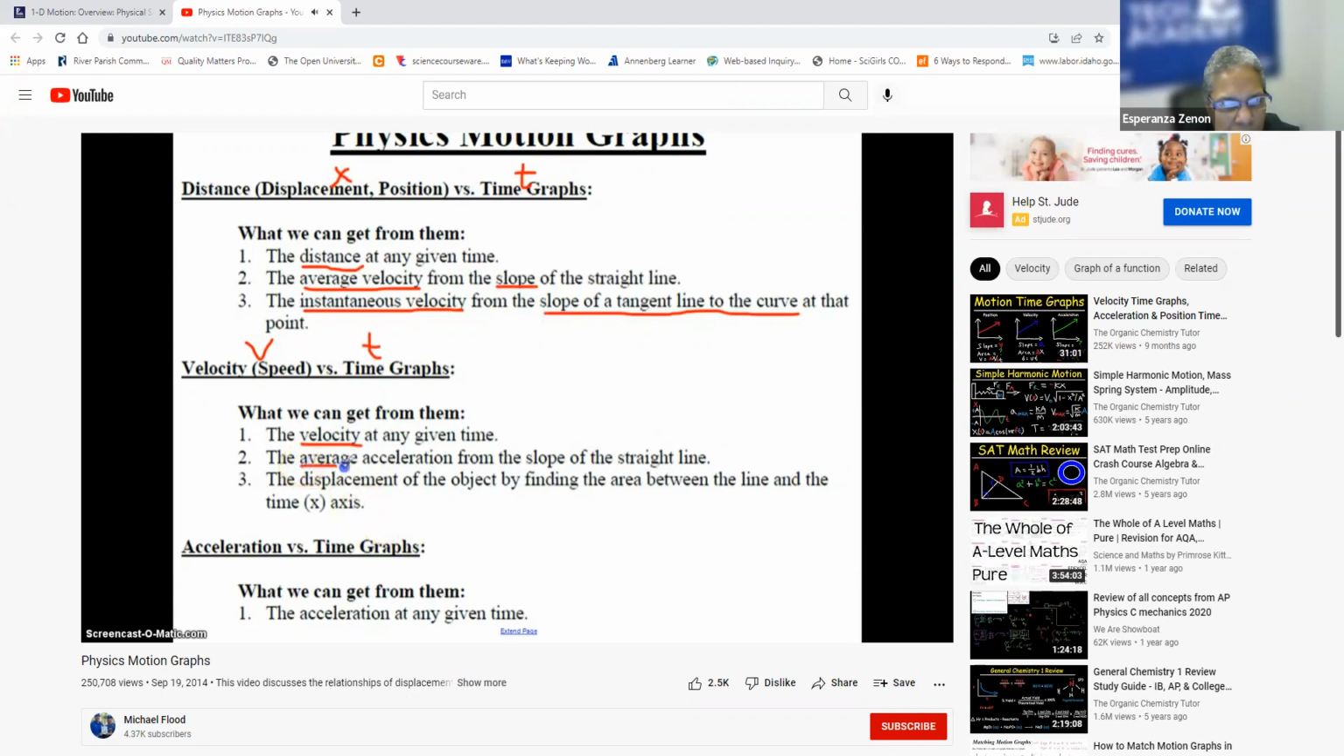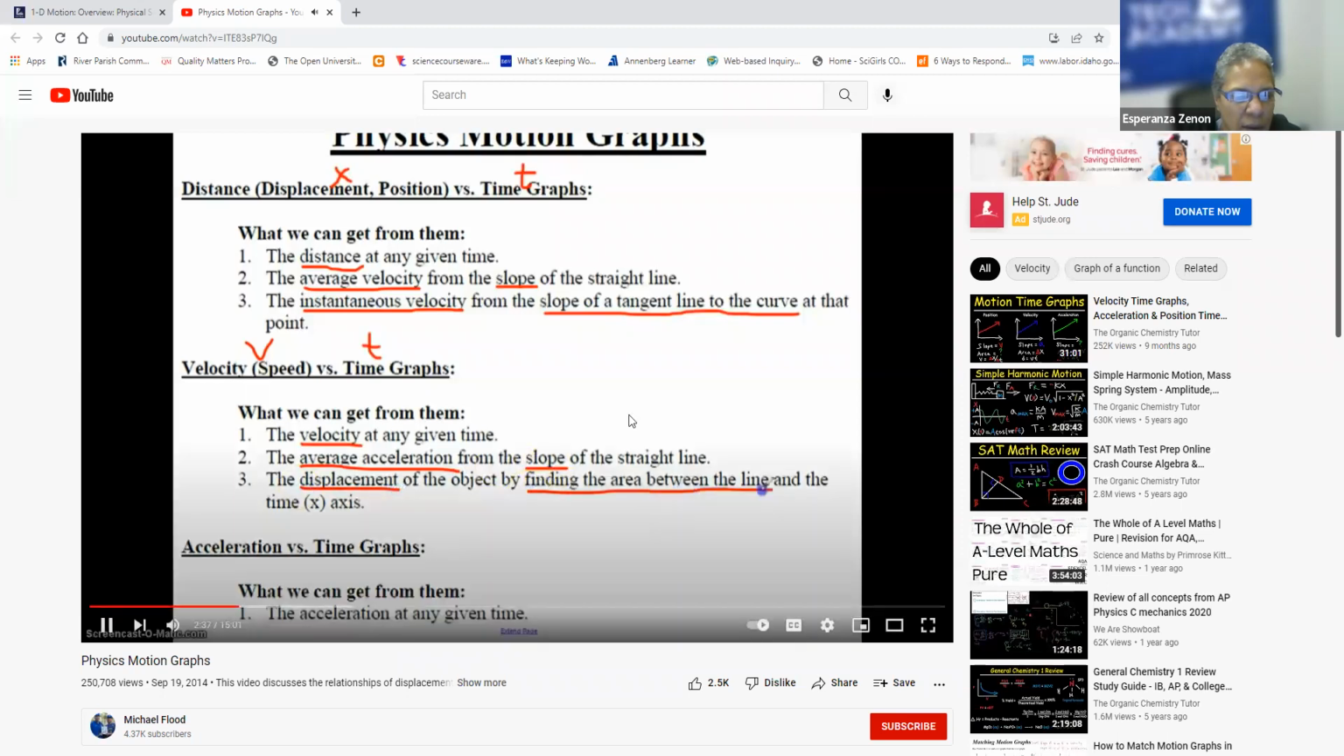Similarly, we get average acceleration from the slope of the straight line. And one thing that is commonly tested is finding the displacement of the object by finding the area between the line and the time axis. I wouldn't require you to do that, because I don't assume that you know how to use a graph to find area, but the slope of a straight line, you can definitely find that from